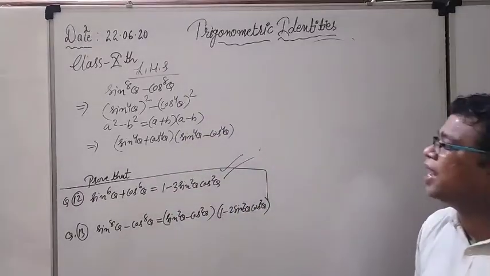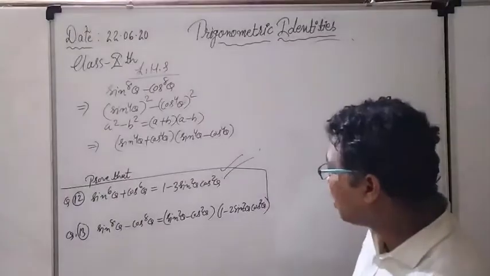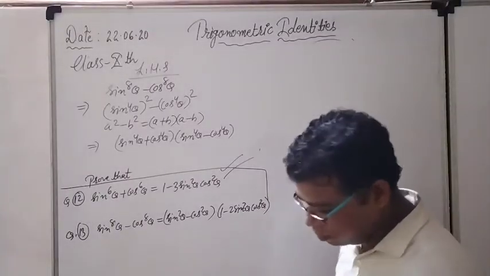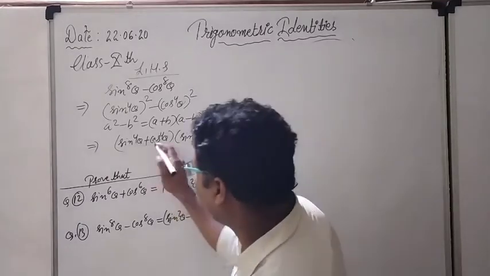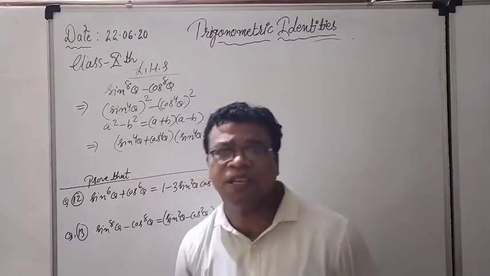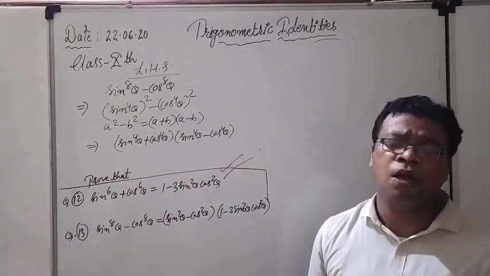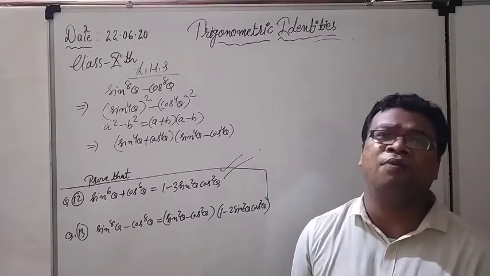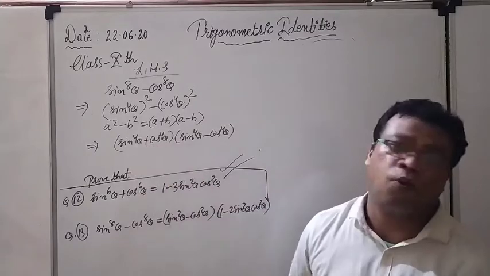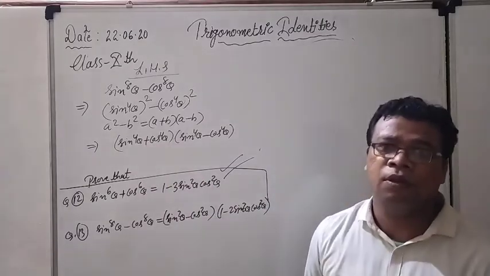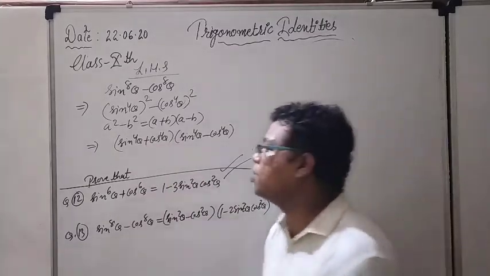And after that, what can I do? See the things, a very lengthy question, but no problem. These are again coming in power 4, but again I don't have any formula which works with power 4. So again I will convert this particular power 4 into power 2. So I am going for it.